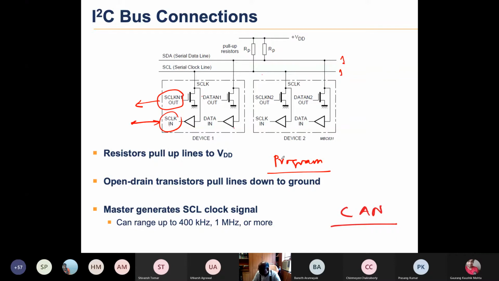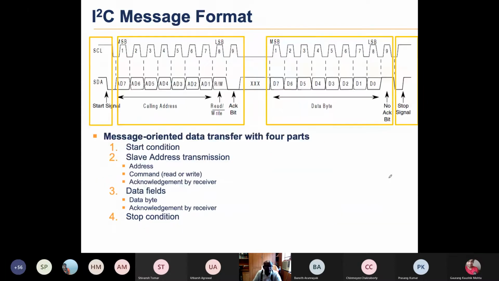All serial communication has some message format. Just like you saw in SPI, there is a message format when you want to communicate with the flash card, which you are supposed to do as a homework assignment. Here also there is a message format. The I2C message format looks like this. There is a serial clock and there is data. Data is first preceded by address. Whenever the clock starts, the first few bits, 8 bits or 7 bits, will be the address. So this is the slave address.